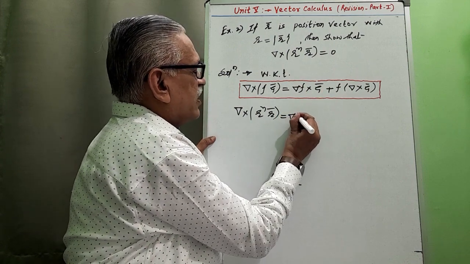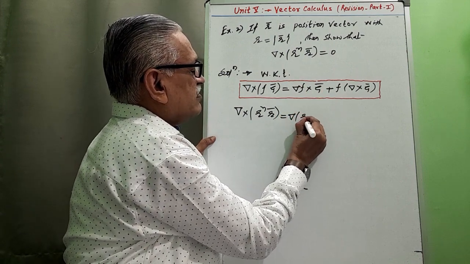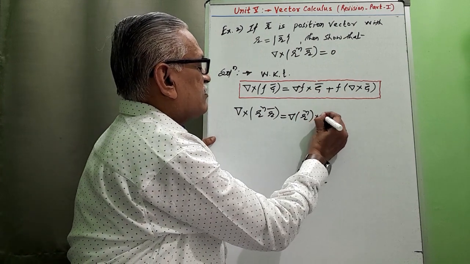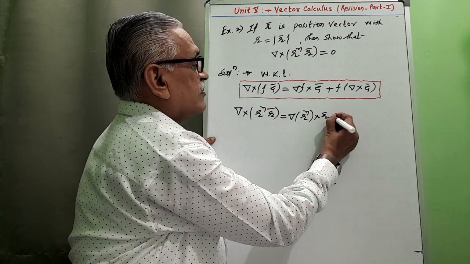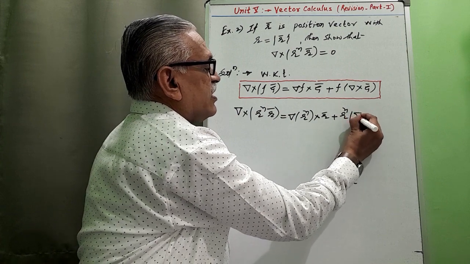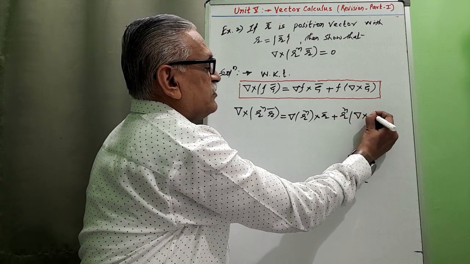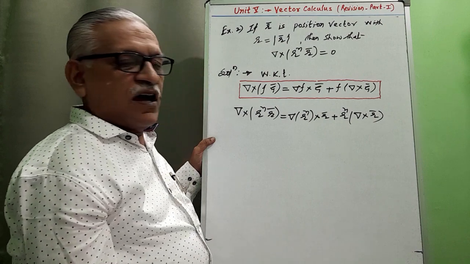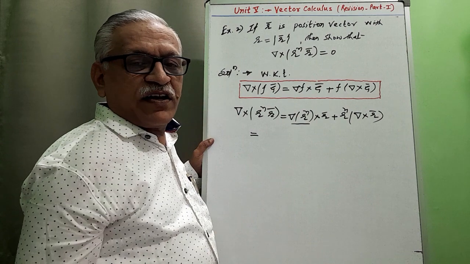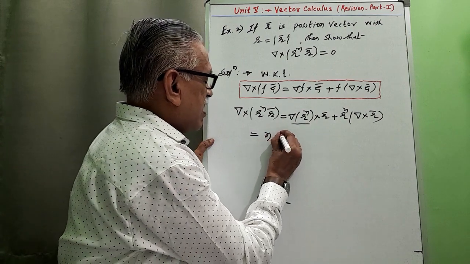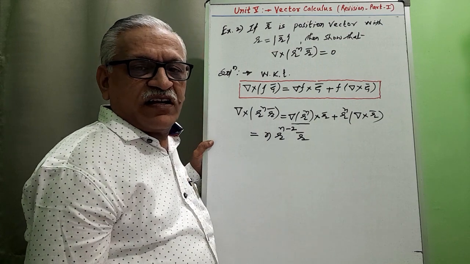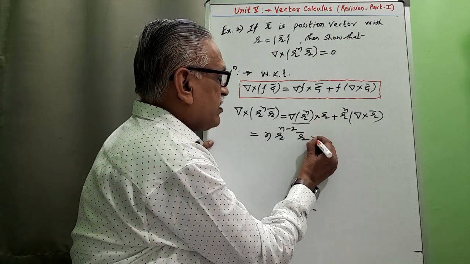Del of f g bar means del of r raised to n cross g bar, plus f r raised to n del cross g bar, where g bar is r bar. First step: the standard result for del of r raised to n is n r raised to n minus 2 into r bar, a standard result, and cross r bar